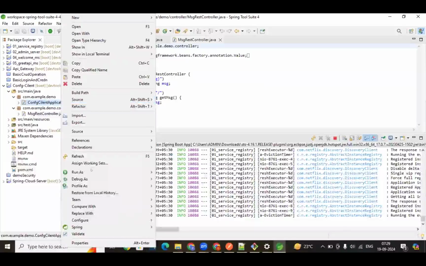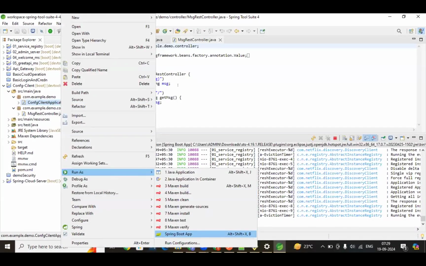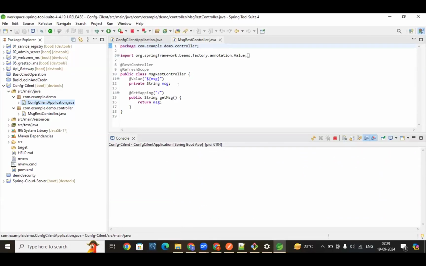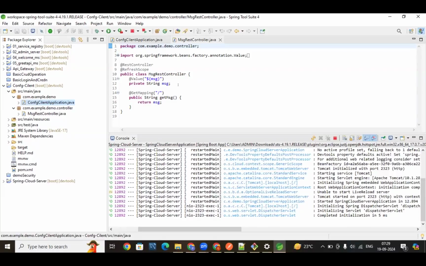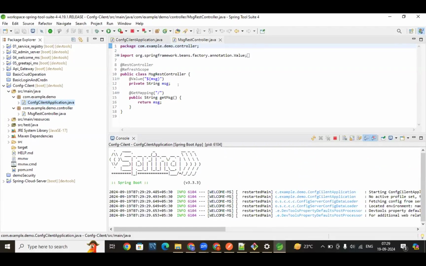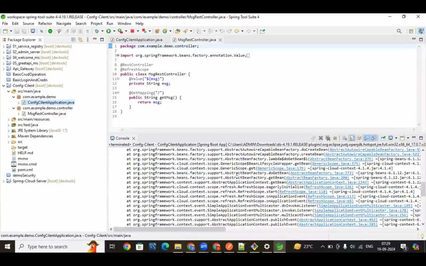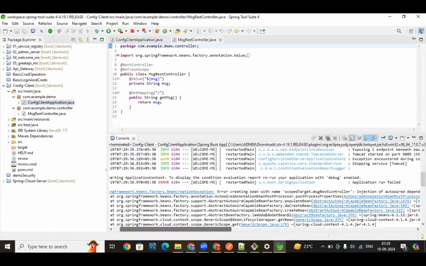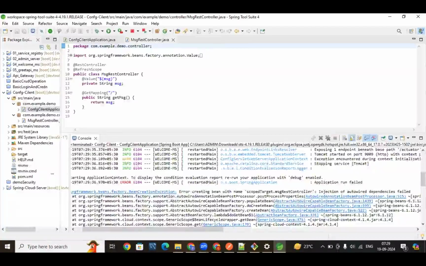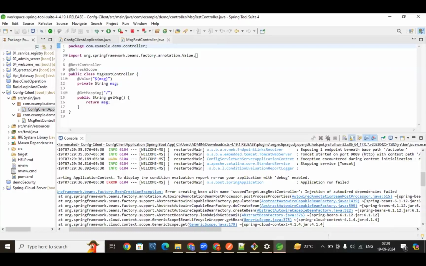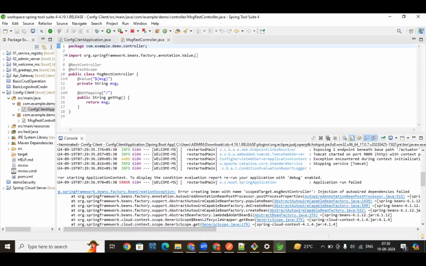Here we are using the @Value annotation. The error is creating bean with name scoped target message rest controller.